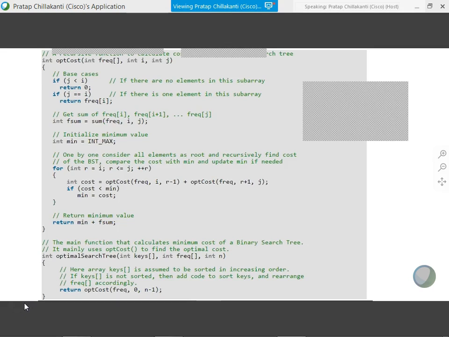Once you find the cost of the BST, if cost is less than min, then min equals cost. So the very first time you're doing it, you're getting min equal to cost. Because when you're taking the maximum value, the hope is the cost that you're calculating may not exceed that maximum value. So that's the material for you.